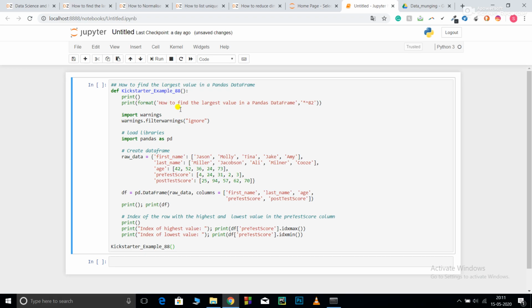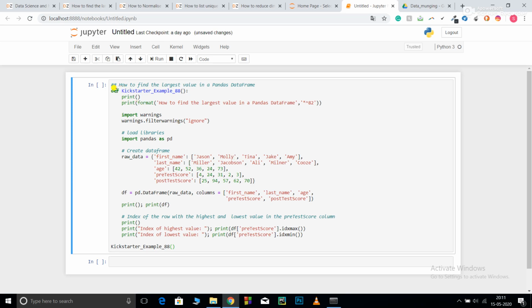So during data analysis, you do a lot of data pre-processing. You go into depth of the data, you try to find the average value, the maximum value, the standard deviation, the mean values. So in those cases, these codes are necessary. In this video I'm going to teach you how to find the maximum as well as the minimum values.